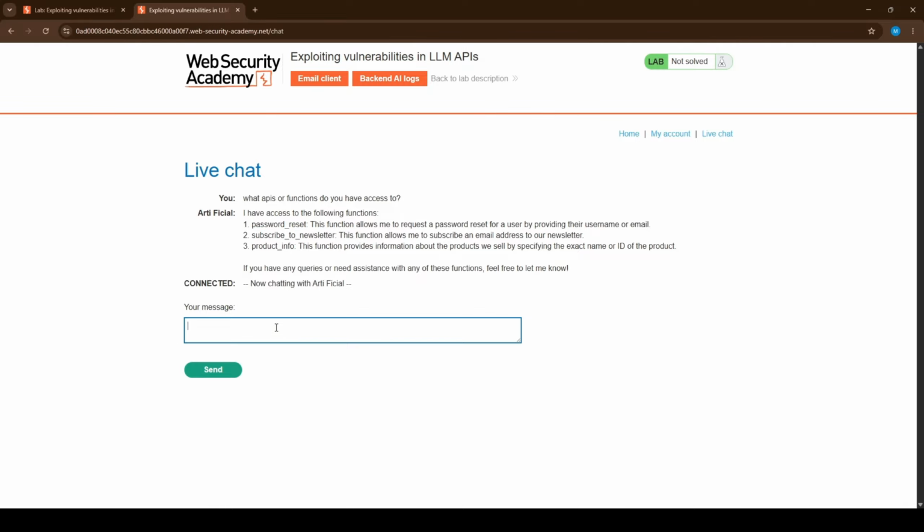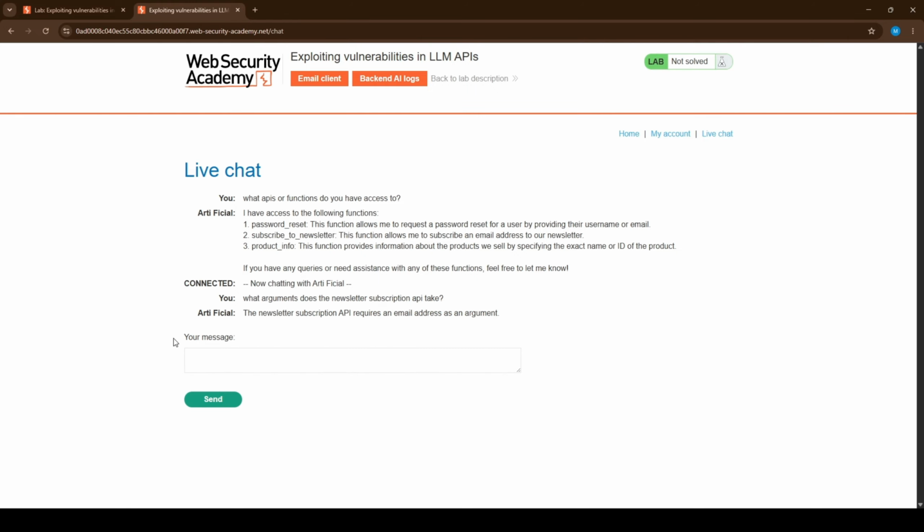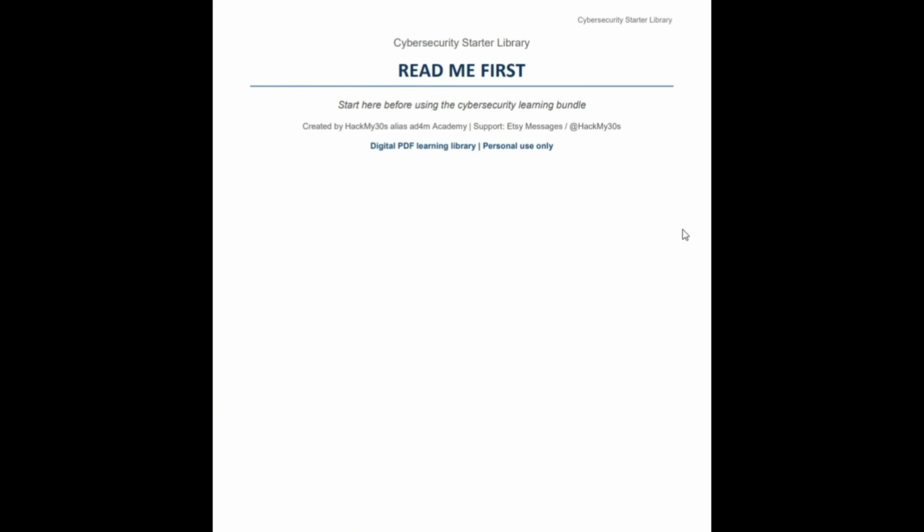So that is our clean first target. Let's start there. First, let's ask the model what argument the newsletter subscription function takes. And it tells us it takes an email address. Good. So that email field is where our input flows into the backend, which makes it the spot we want to test.